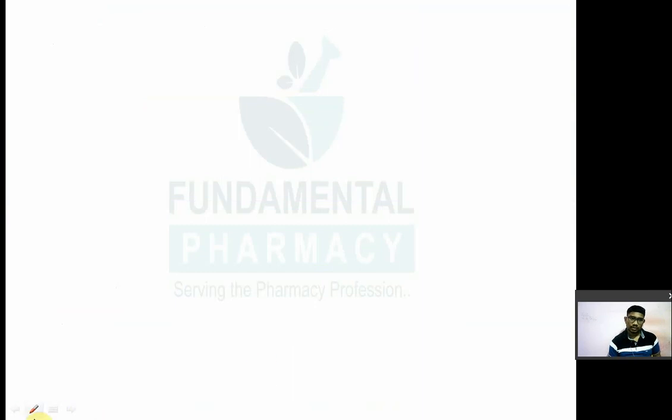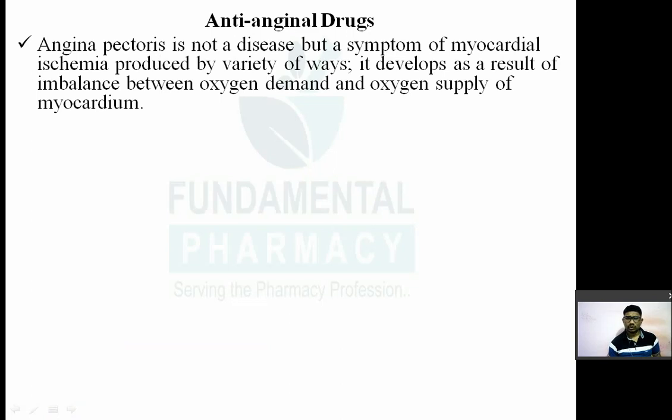So you might have heard the term angina pectoris, or chest pain. So chest pain means what? Angina pectoris, or chest pain, is actually not a disease, but just a symptom of myocardial ischemia. Suppose that for any reason your heart is not able to get a proper amount of blood or proper oxygen. That improper oxygen supply is known as ischemia. Ischemia means inadequate supply of oxygen or blood to a particular tissue. So if the myocardial muscle of your heart is not getting proper blood supply or oxygen supply, it is known as ischemia.